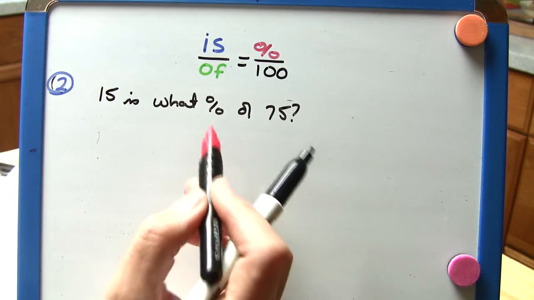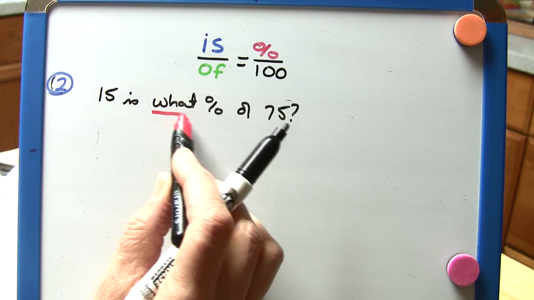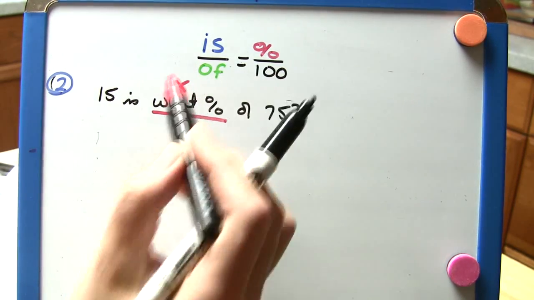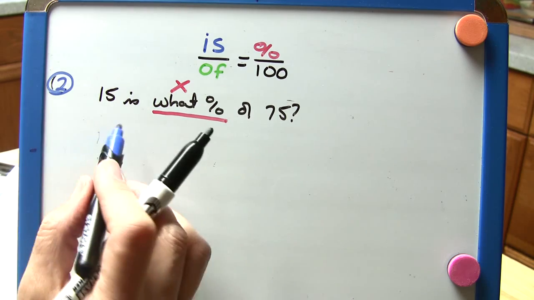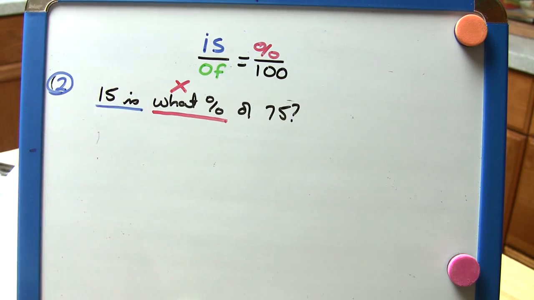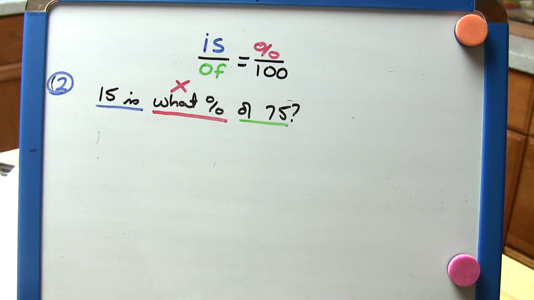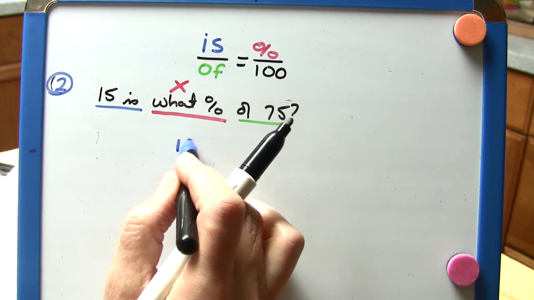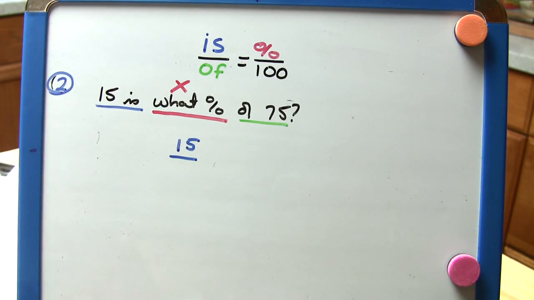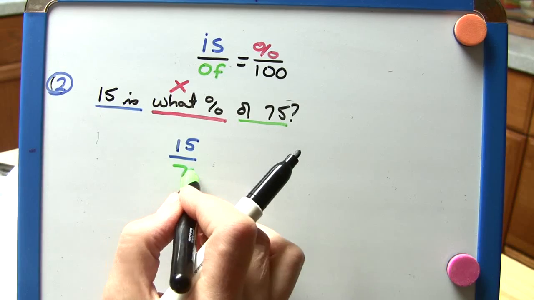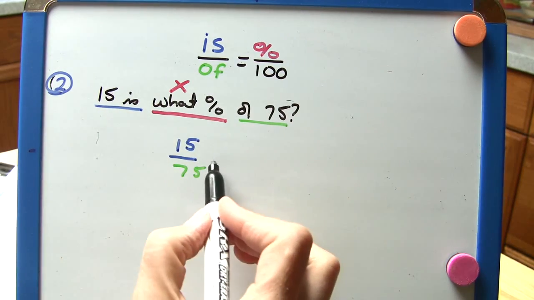Well, the percent's usually pretty easy. In this case, it's the what. So that's my x. Well, 15 is the is, and the of is 75. So setting this up, we have 15 over 75 equals